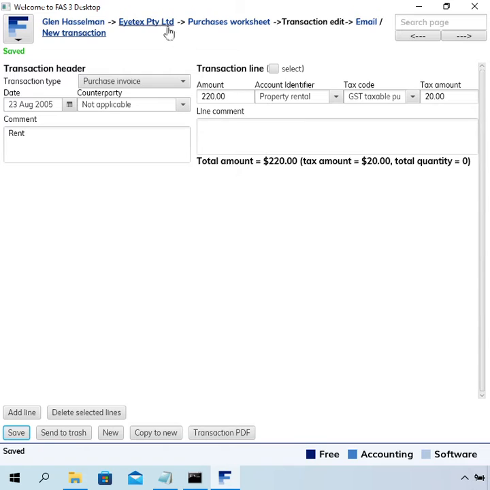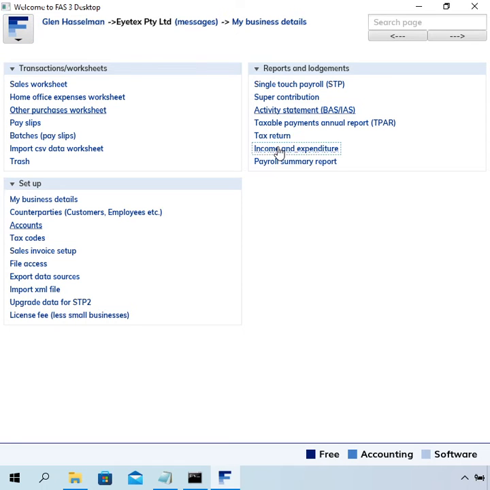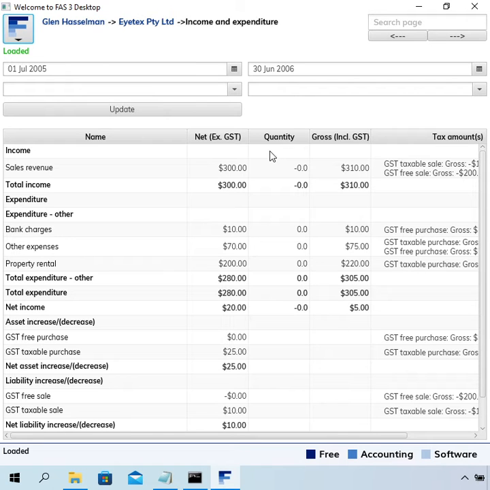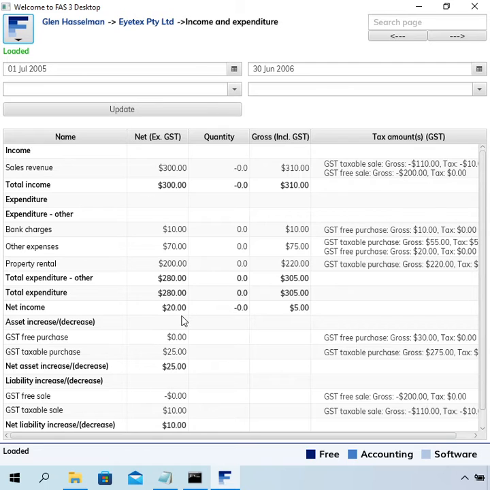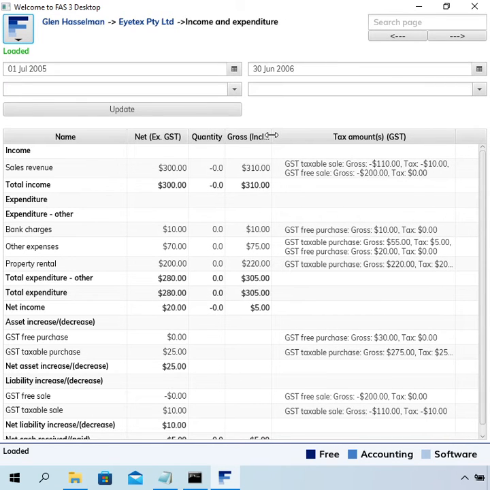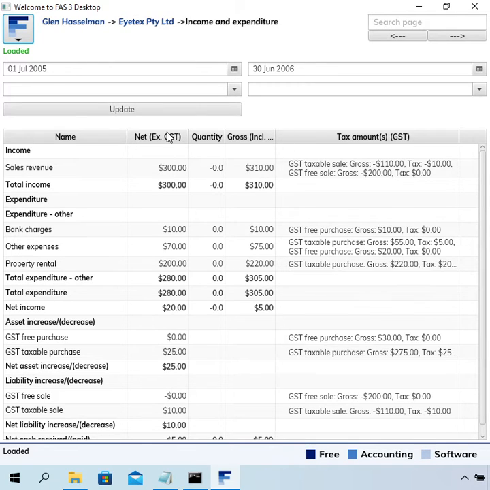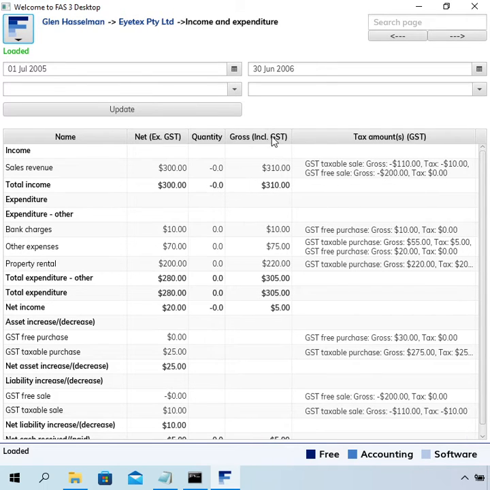Now, in this video, I'm only going to show you the one way the software helps you make the BAS correct, which is through its reporting. So there are other ways, but in this video I'm just going to focus on this. Now, looking at this income and expenditure report, it's unusual for an accounting software, but it's very useful. We've got a net column, and that is the normal column you'll see when you run a profit and loss or income and expenditure report from an accounting software. But I've also got here a gross column. Okay, it says gross including GST, and that's useful combined with this tax amount column,